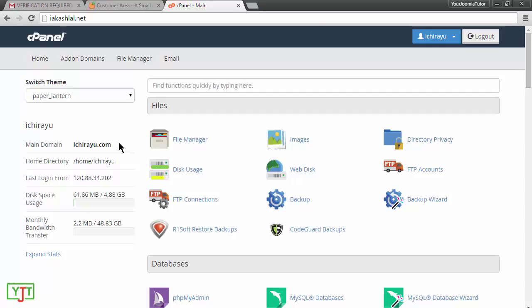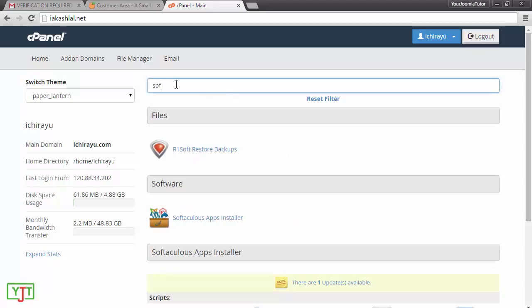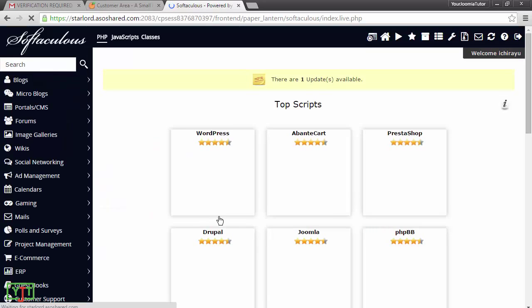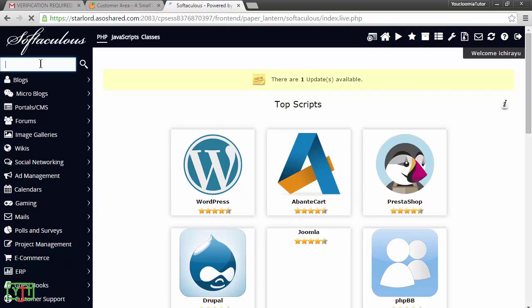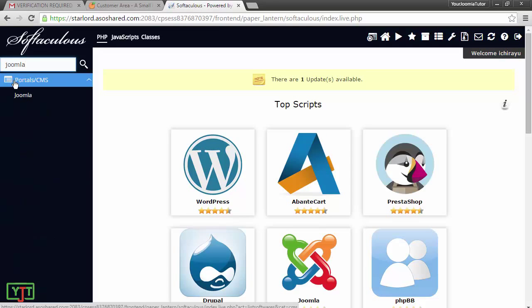We will be using a CMS called Joomla to build our marketing website. If you want to install Joomla for ichirayu.com, you can go here and click in softaculous. As soon as I type SOF, you will see that under software, a softaculous apps installer will come up. I'll just click on it. Then I will choose Joomla by searching here. Then under portals/CMS, I will see Joomla. I'll click on it